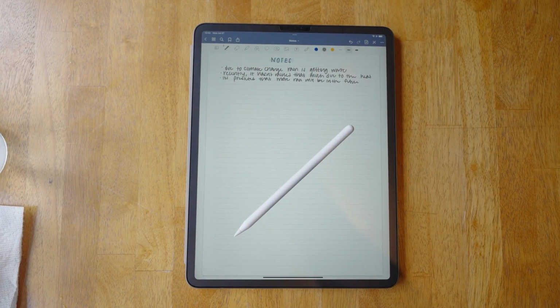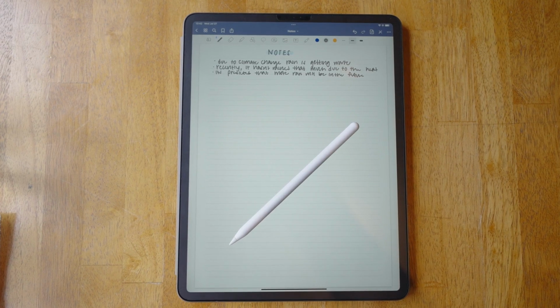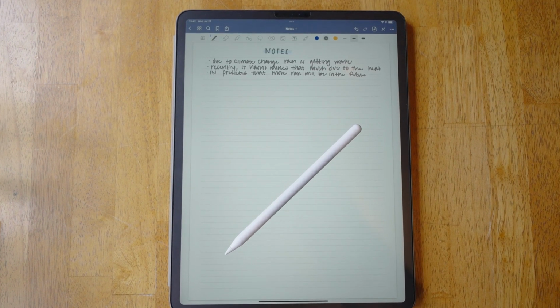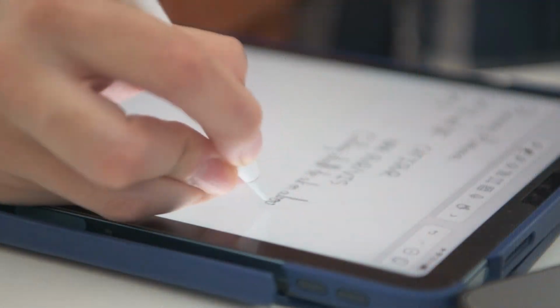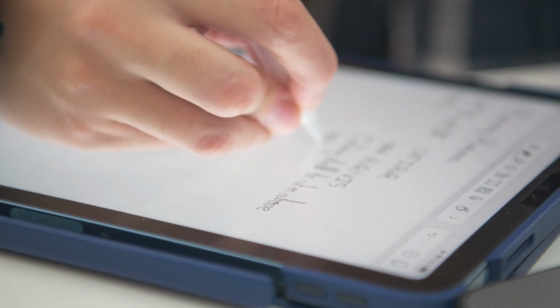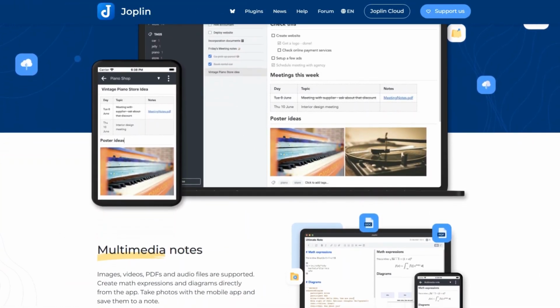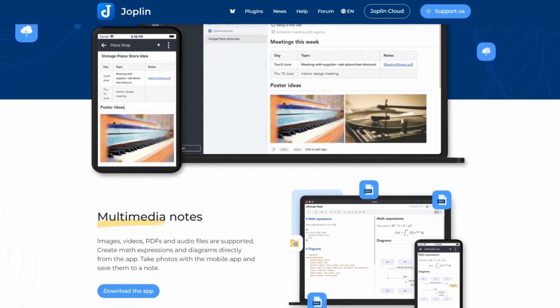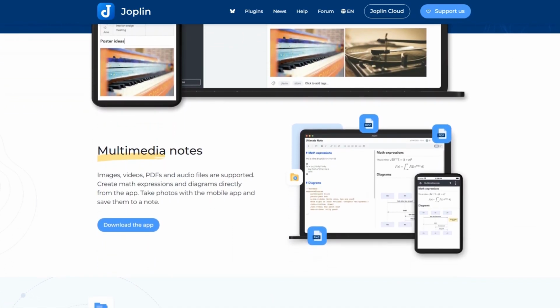We will break down its interface, core features, usability, and performance, and we will also compare it with other popular tools like Notion, Evernote, and Obsidian. So if you are looking for a flexible, secure, and customizable way to organize your notes and tasks, let's get started. Joplin is a free, open-source note-taking and to-do application designed for users who prioritize privacy, flexibility, and full control